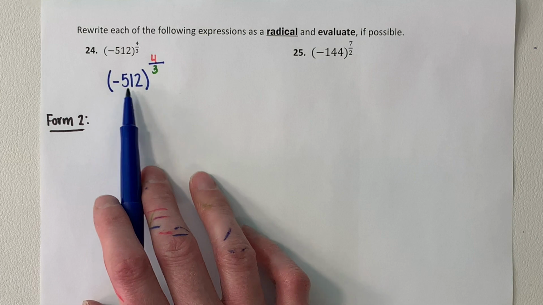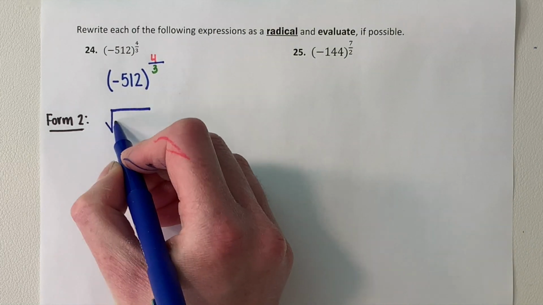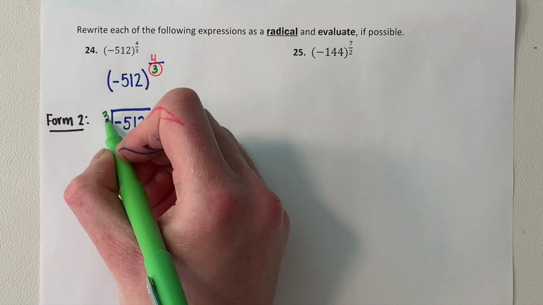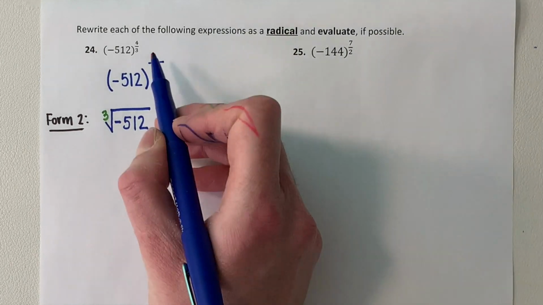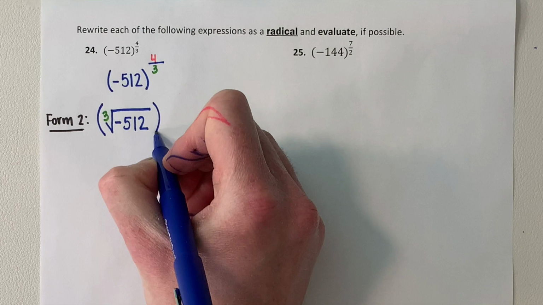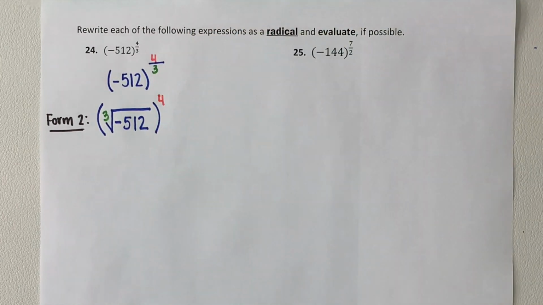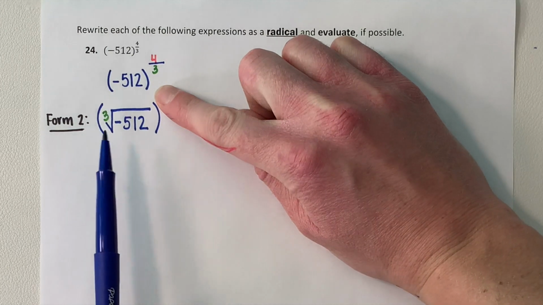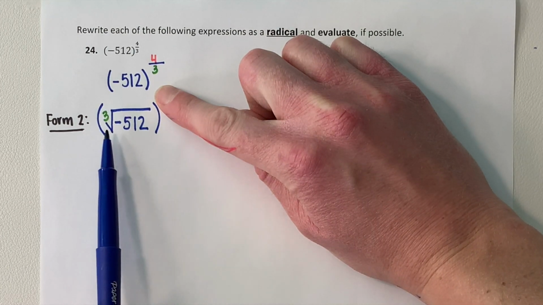We'll start by putting the negative 512 underneath our radical. The denominator is always written as our index, and then when we use form 2, we put the numerator as an exponent outside of our radical. Now, I'm going to just ignore this exponent for the time being so we can focus on evaluating this expression